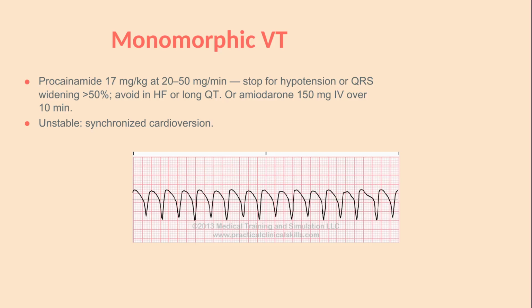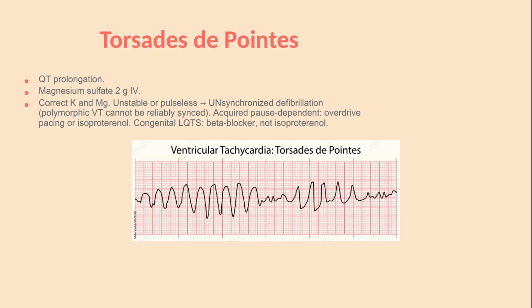Whichever agent you choose, leave the pads on and be ready to cardiovert, because drugs fail and patients decompensate suddenly. Check and replace potassium and magnesium. Look for ischemia as the trigger, and admit these patients to a monitored critical care bed with cardiology and electrophysiology involved. Torsade de Pointes is polymorphic ventricular tachycardia twisting around the baseline, and it grows out of a prolonged QT